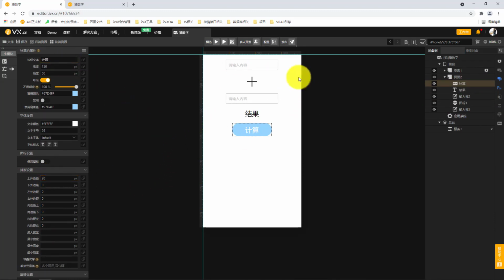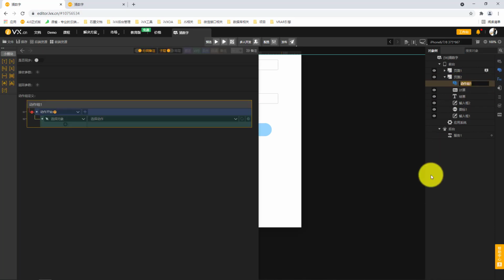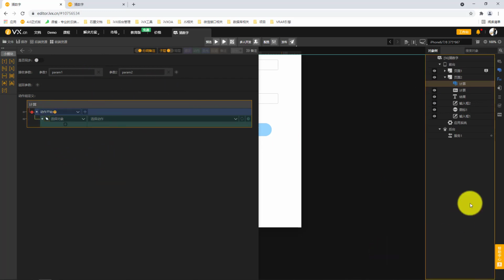Okay, then let's change the contents of these two text boxes to 1. Here, let's directly change them to an integer, and let it become an addition of an integer. Next, we add a button, a calculate button, and then this is the basic UI that has been calculated. So what we need to do next is to make the content of these two input boxes calculated when we click calculation, and then in order to achieve a calculation effect, we use the action group here to make it,